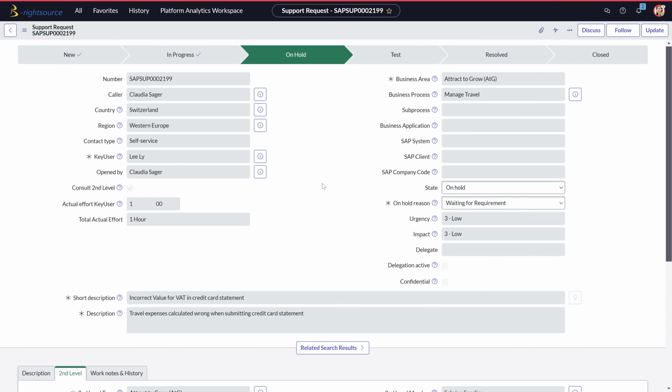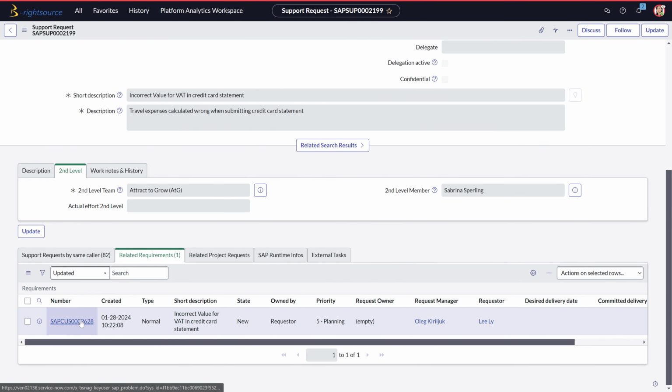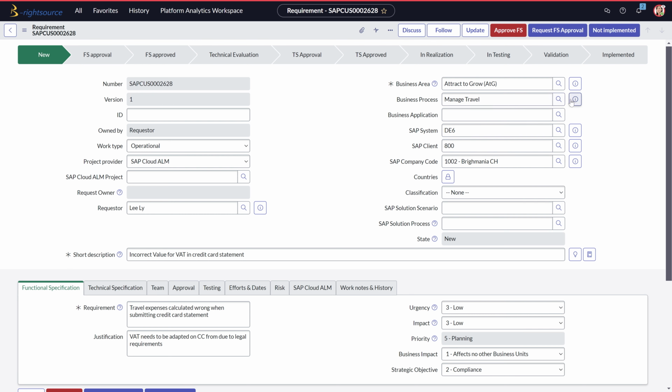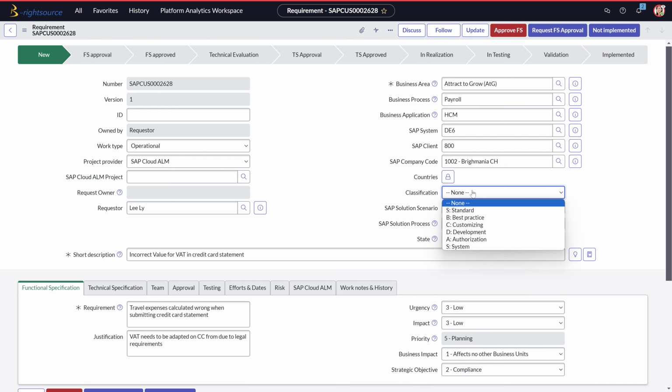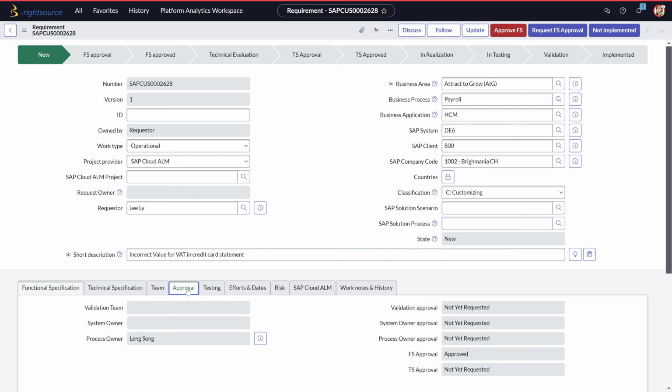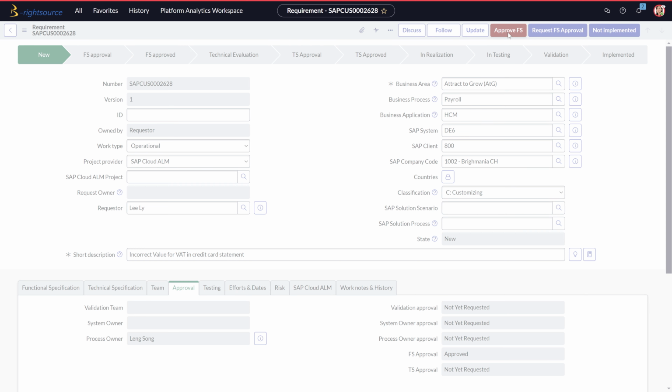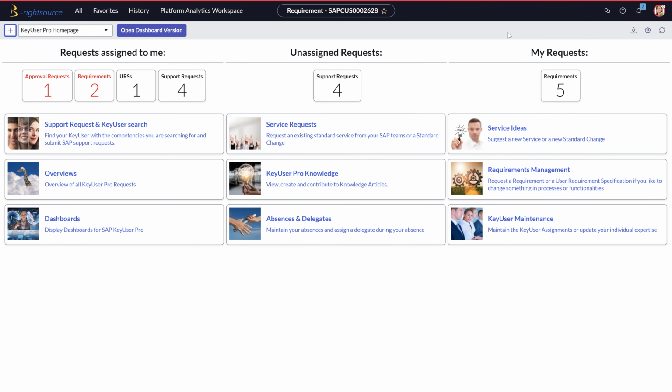Directly from the support request, she may open the requirement and review it again from a functional perspective. In our governance model, she is responsible for the functional specification. When she is fine with it, she may decide whether she approves the functional specification by herself or request an additional functional approval by the global process owner. In our showcase, she approves it for herself, and the requirement is forwarded to the request manager for an initial